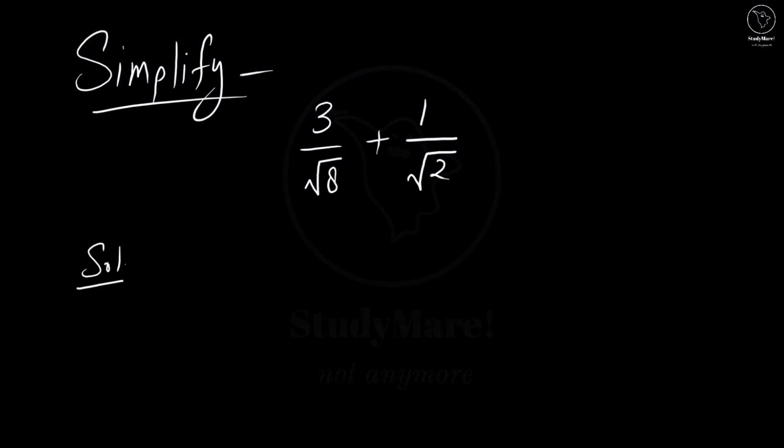Let's write down the question first, which is 3 upon root 8 plus 1 upon root 2, which is equal to... the first step is to rationalize the denominator. So here, in the first term, the denominator is root 8. In order to rationalize this, we have to multiply it with root 8. And in order to keep the term the same without changing its value, we have to multiply this in the numerator